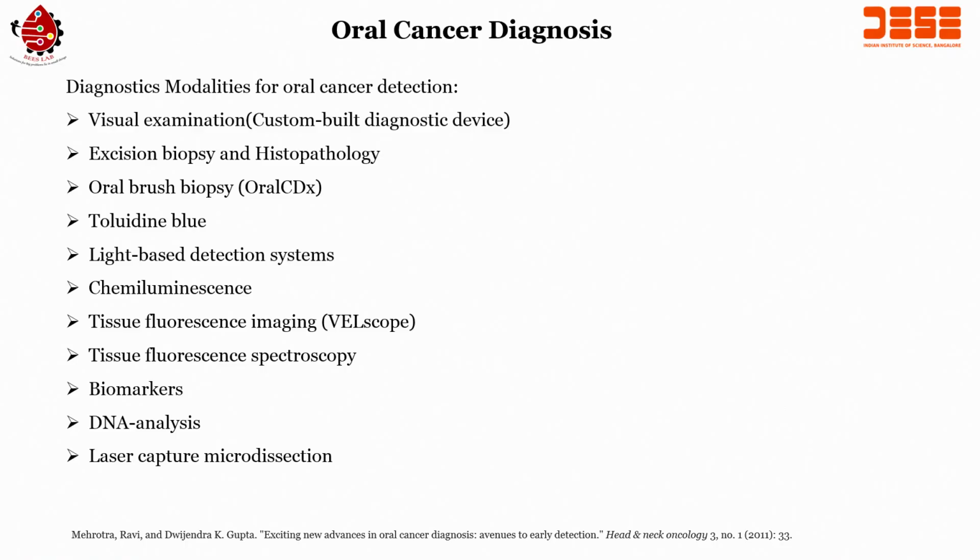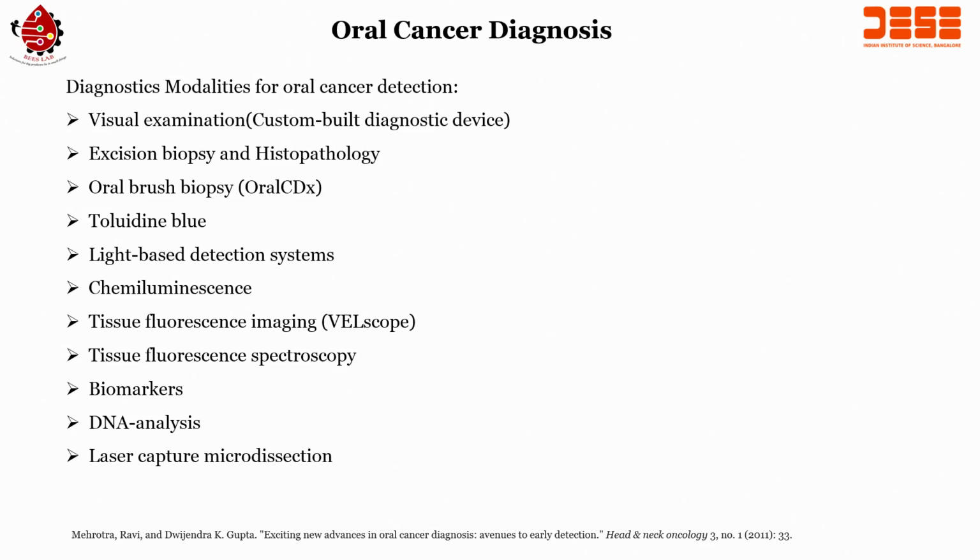So, this is visual examination, or you can say a light based detection system. Can I develop a device like a pen with my electronic system integrated on it, so that I can send the pen within the mouth? It has an onboard display, so that the ASHA worker can see, and it can store the images, it can do the AI and a lot of other stuff. If you see the screen, we are talking about diagnosing oral cancer and visual examination, which is a custom built diagnostic device.